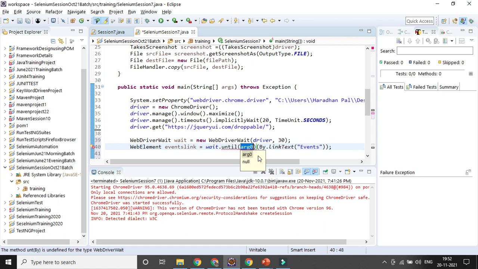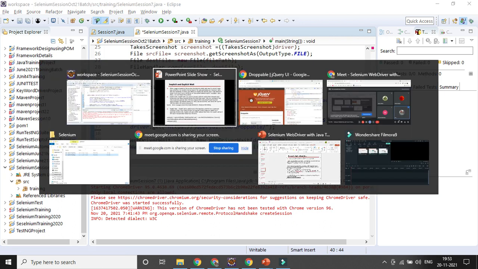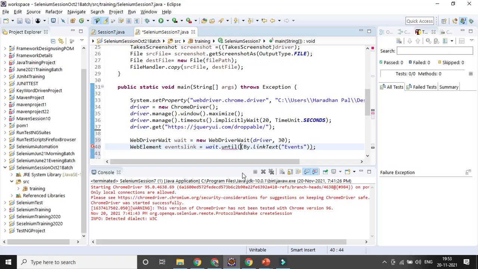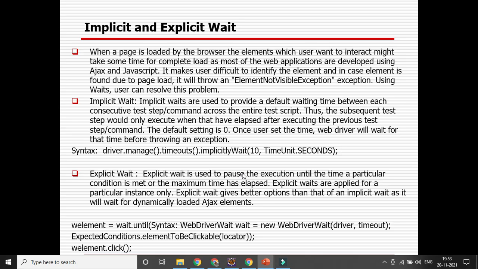After until you can give expected conditions. That is the syntax you need to use: WebDriver wait until, expected condition dot your condition, whatever condition you want to check.